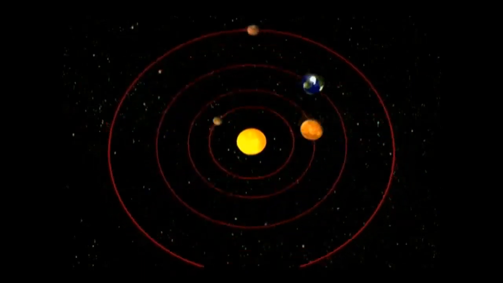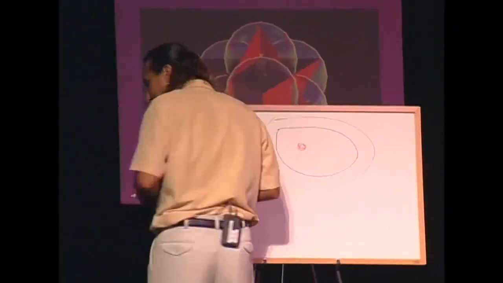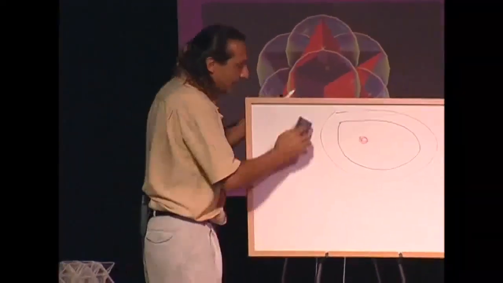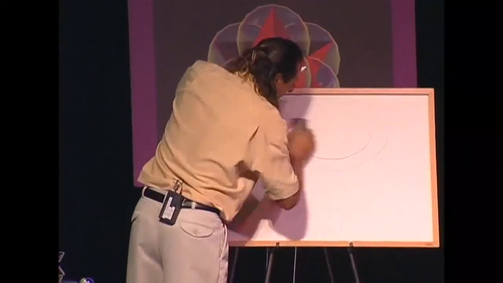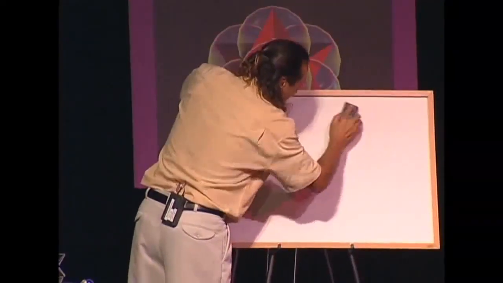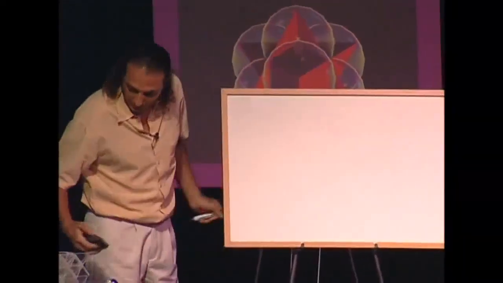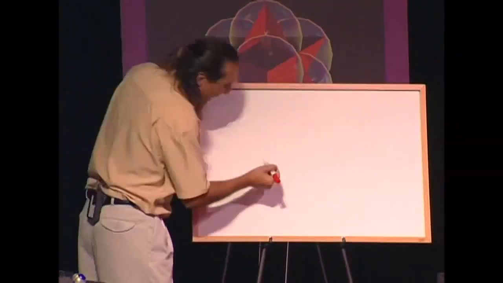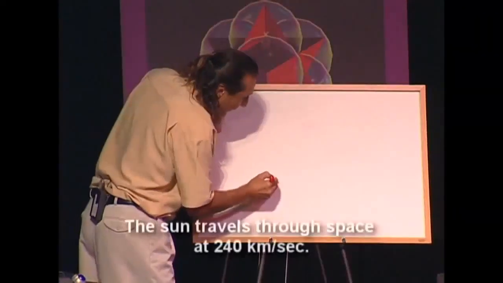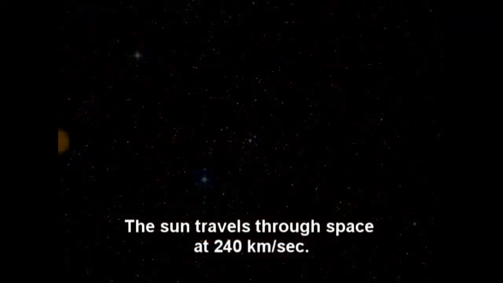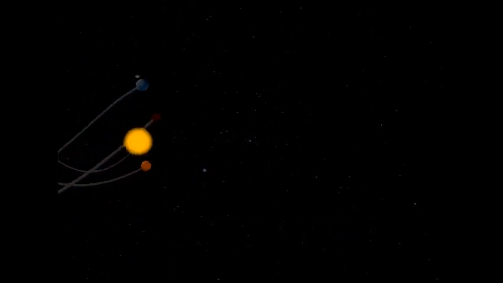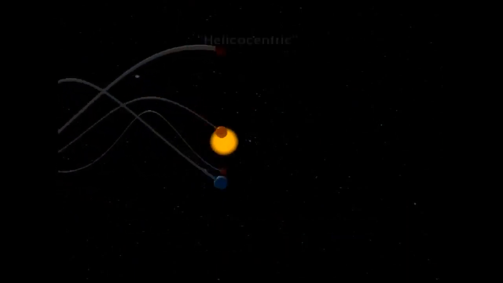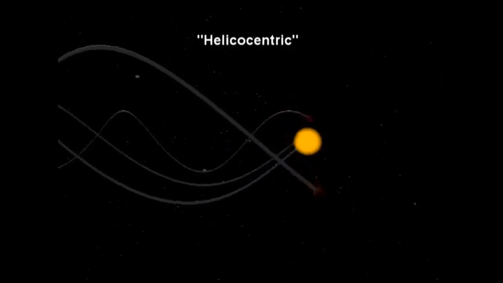Well, actually, that is absolutely incorrect. Okay? Thinking of the solar system in this manner is equivalent to thinking that the Earth is flat. The solar system does not behave that way at all. In fact, it behaves in a completely different way, since the sun is moving through space and the planets are flying around the sun, generating these huge vortices as they follow the equator of the sun.